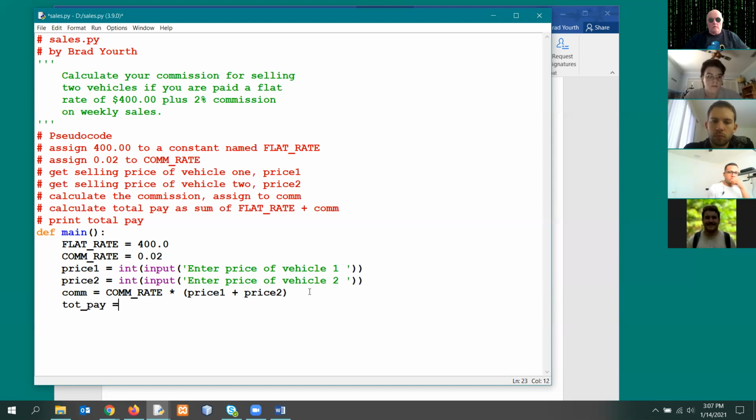So in this case, I'm going to go with tote pay equals, let's see. Yeah, it's going to be flat rate. Actually, I can just use the flat rate constant, right? Flat rate plus my com. Okay, that should handle it. So now let's output the total pay, and we'll output that using an F string. So that would be print